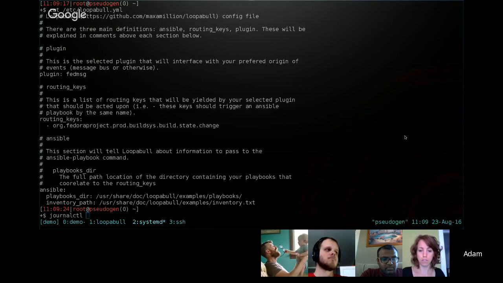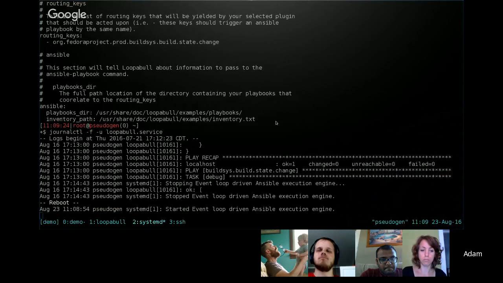It listens on the Fedora message bus, and it's just going to look for build state change. I picked that because it's something that is commonly happening. People are constantly building things in the Fedora infrastructure. So if we were to run journalctl and follow the unit loopable.service, we can see that there are playbooks executing locally and grabbing information